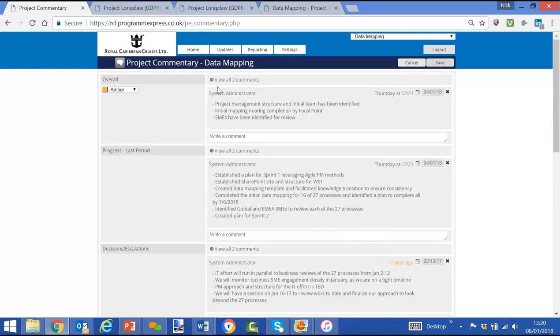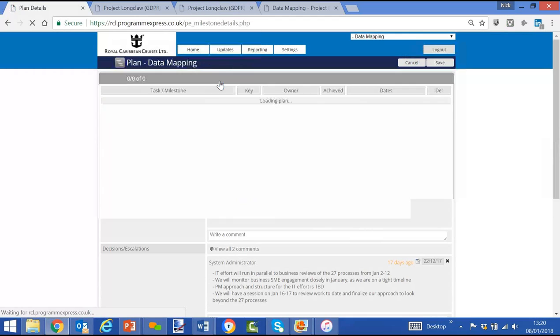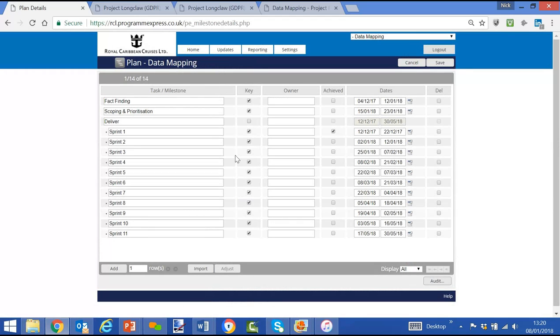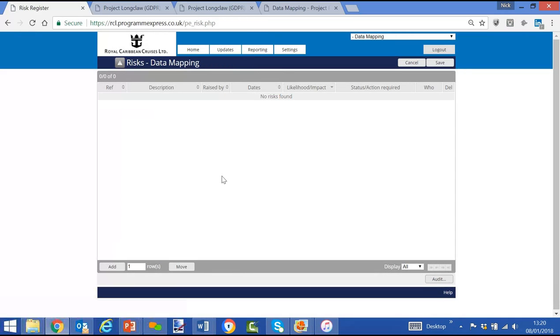So back to the home screen, or from my updates tab, I could now go to the plan screen. We don't specifically expect any updates. It's very high level at the moment. Obviously, it's just the sprints, so we don't expect any specific updates in this area. But if I go through to risks, this is what we do require,